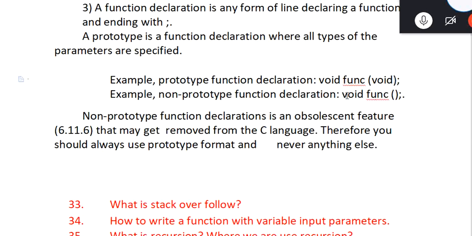But this is just a function declaration. A non-prototype function declaration is an obsolete feature that may get removed from the C language. Therefore, we should always use the prototype.